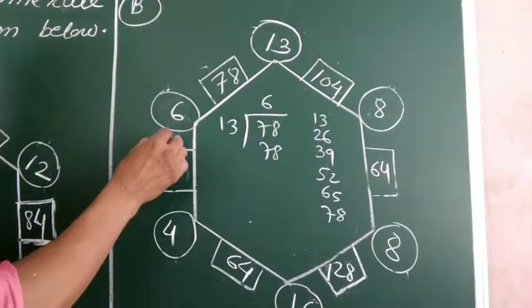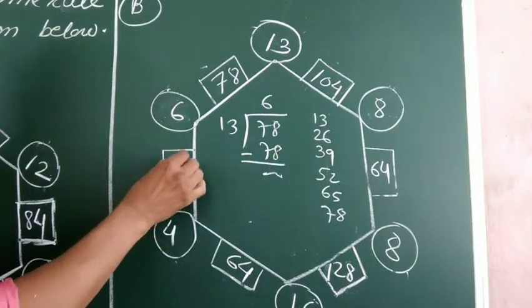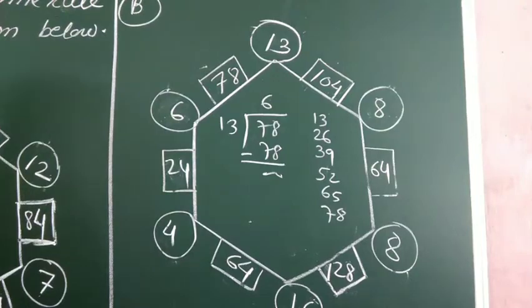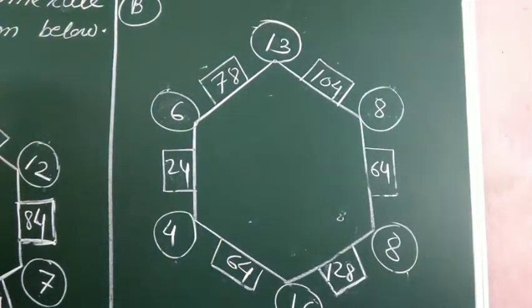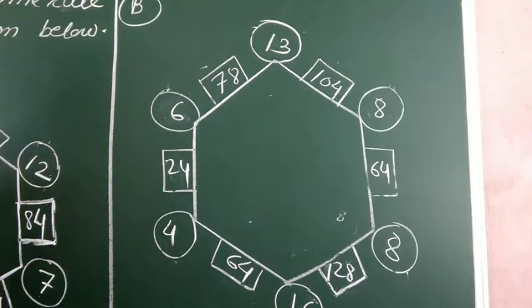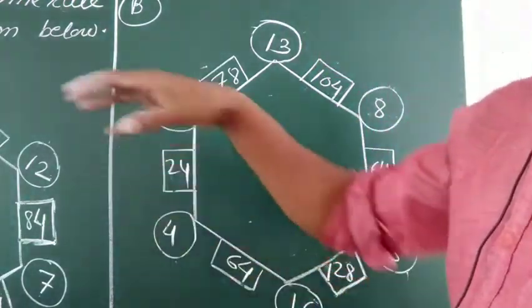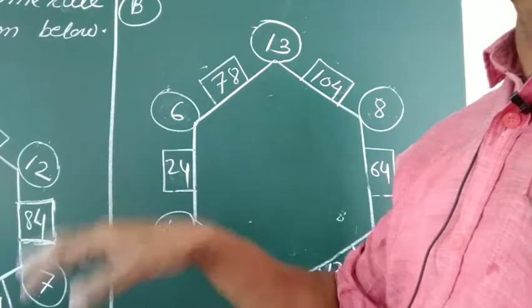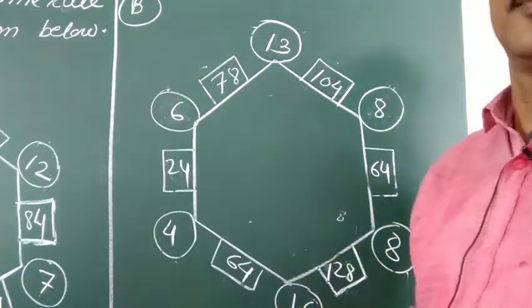Now see, then 6 into 4, it will be 24. So this way, we try to complete this number pattern with hexagon. The same rule is used here, which was used in example number 1, page number 104, and then the other two examples, example A and B. So whenever you have to complete this type of pattern, first of all we have to see what rule is there, and according to that rule we have to complete the remaining boxes and remaining circles. Thank you.